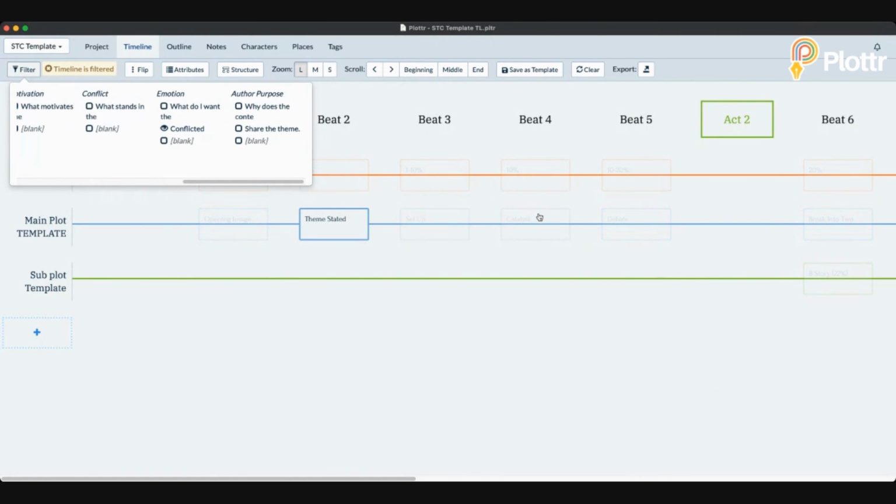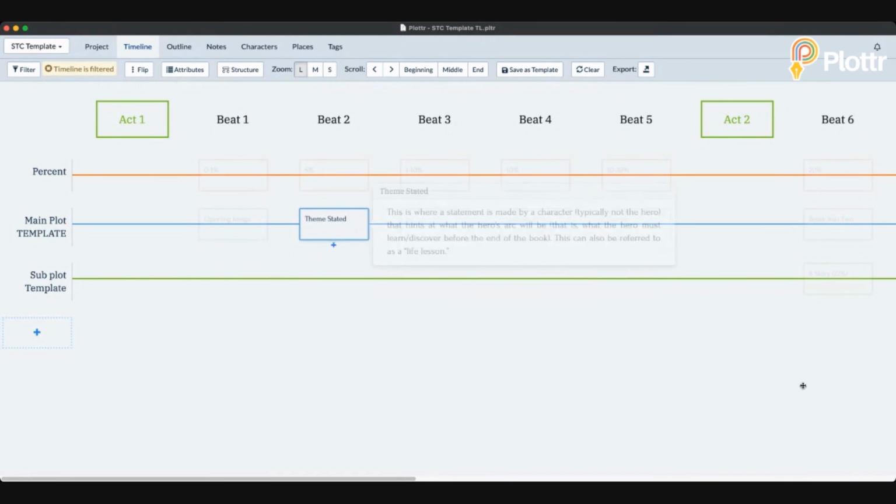Then I go up to the filter section and I filter my timeline, and I see that there's one scene where someone feels conflicted. Now, by the time I get done entering all this into my entire book, there's probably going to be more than one scene where people feel that same way, where that's what I want the reader to feel. But I can see if those are spaced out far enough, because I don't want the reader to feel conflicted